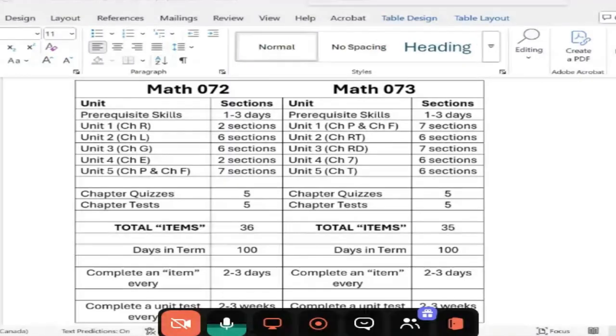And then for the rest of them, I've listed how many sections there are in each unit. Going down Math 072, the 5 units, and then the same for Math 073. You might notice the last unit of this is the same as the first unit of that. I'll talk a bit more about that in a second, but just for your overall timing,